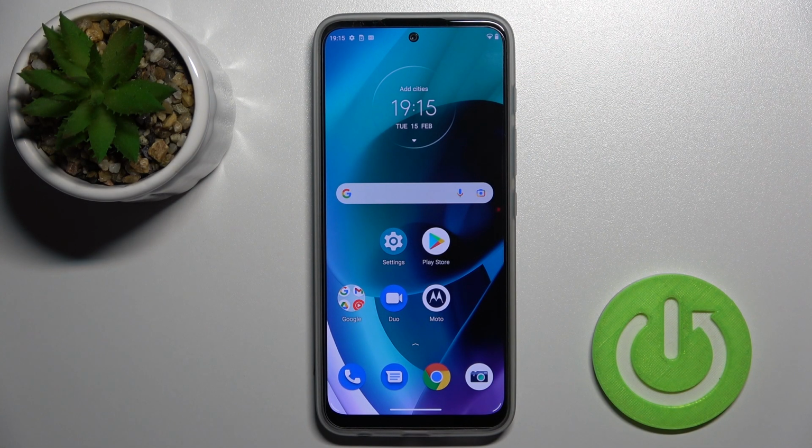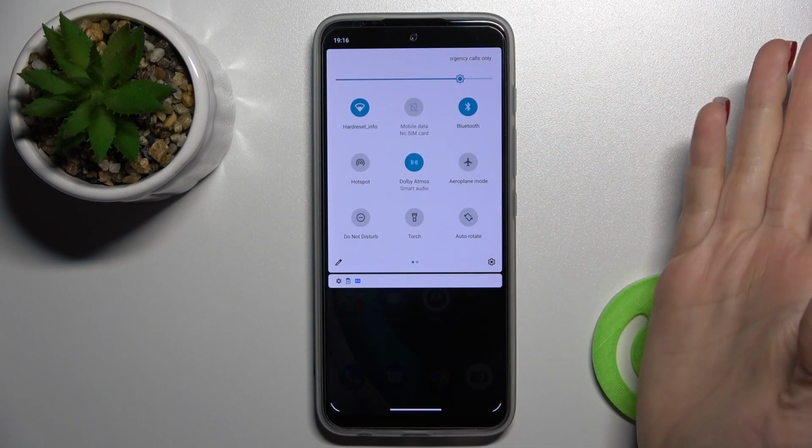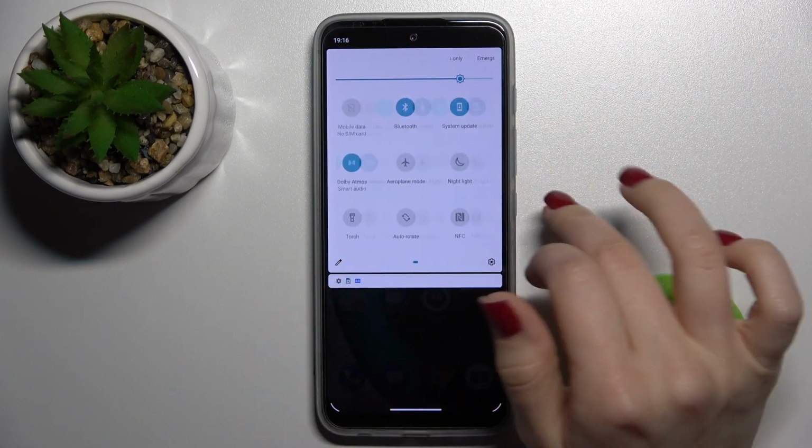Welcome to the Motorola G71 5G in front of me, and I'll show you how to edit notification panel shortcuts on this device. So first you should go into the notification panel, and as you can see here we got